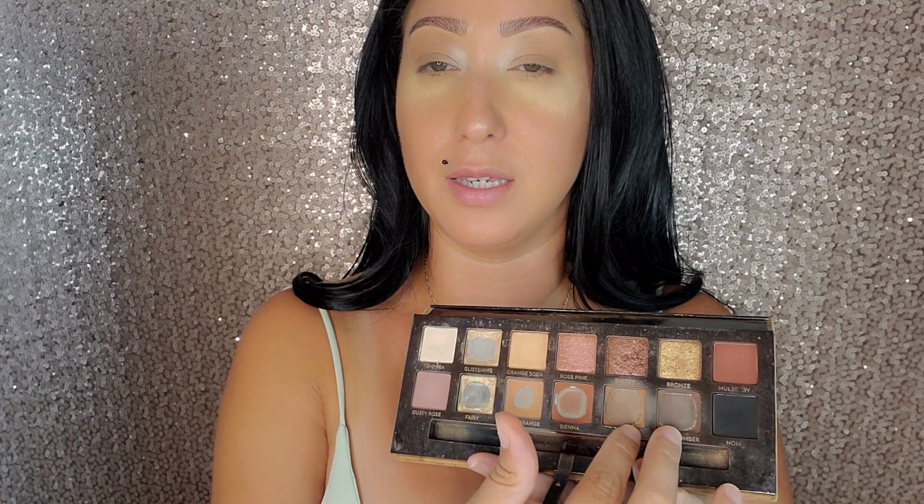Then I'm just going to take a darker brown. Any dark brown would do, but I'm just going to use the Alamar Cosmetics palette. Usually I would just use the tempera and then these two colors, but as you can see, they are all done and worn out, so this is why I'm using the bronzer and this brown shade, because I found that these two are the most similar to those colors that I really like. I'm going to take that dark brown